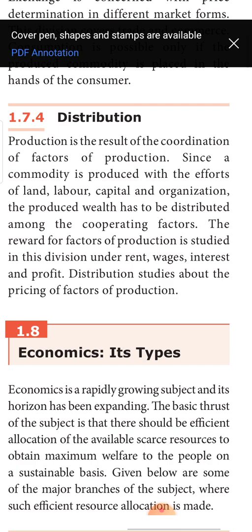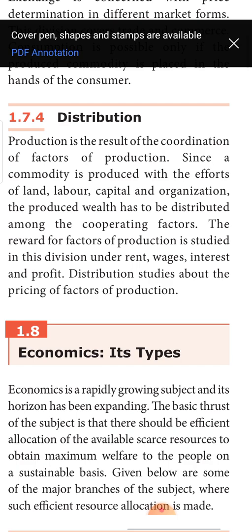Reward means what? The price paid for the factors of production. Price here means the income that is received by the factors of production. See, when you are hiring a land, what will you give in return? You will give rent. When you are taking a land for production process or for your factory, what will you give to the landlord? You will be giving him rent. You are hiring a person for work. What will you give him in return? You will give him wages or salary. When you are borrowing capital, what will you give to the person who has lent you capital? You will give him interest.